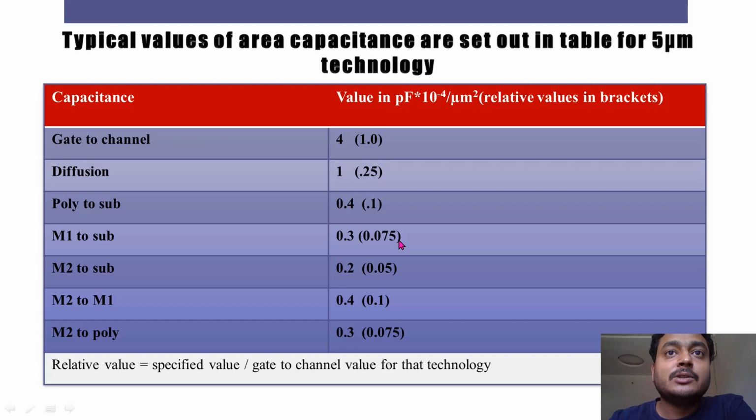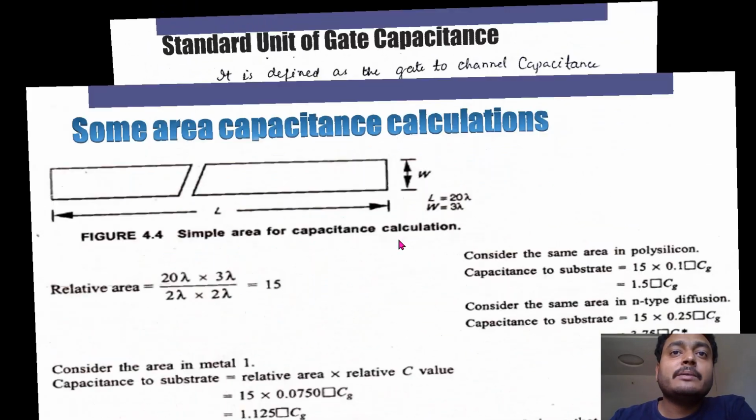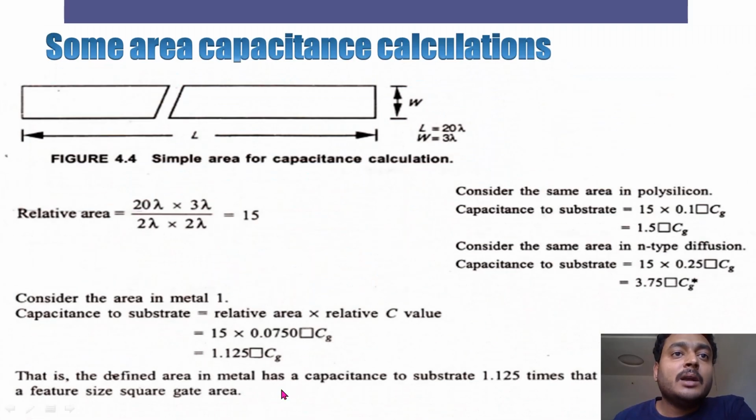Remember that, right? So 0.075 relative area is 15, as I got here. And what is the relative C value for that particular 5 micrometer process? For M1 to substrate, we have 0.075 times Cg. So we just multiply this. The actual value will be, if this is a metal, the capacitance will be 1.125 times the standard unit